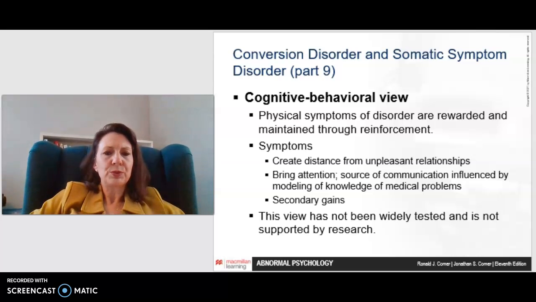In the cognitive behavioral tradition, these theorists would look at physical symptoms of disorder as being rewarded and maintained through reinforcement. The symptoms create distance from unpleasant relationships. So if we're sick, then we can put someone else at an arm's length. It may bring attention to us. The source of communication is influenced by modeling of knowledge of medical problems. There are secondary gains from creating this physical issue. The view has not been widely tested, though, and is not supported by